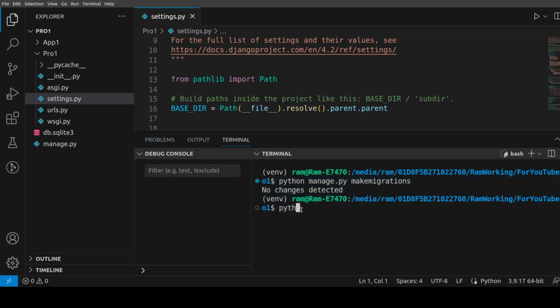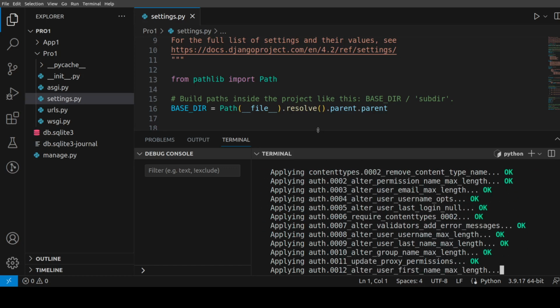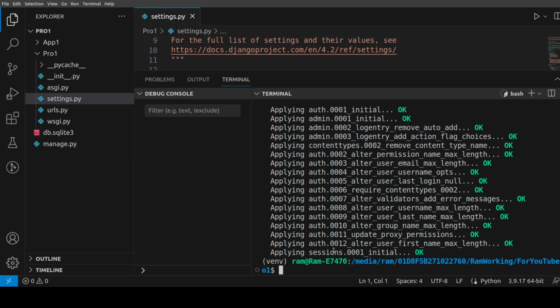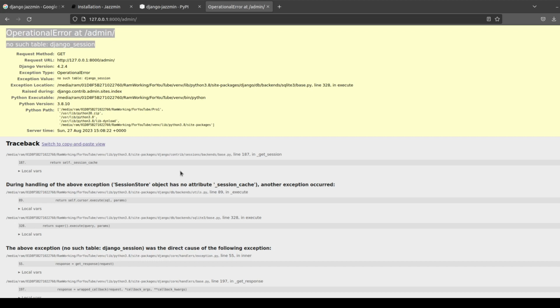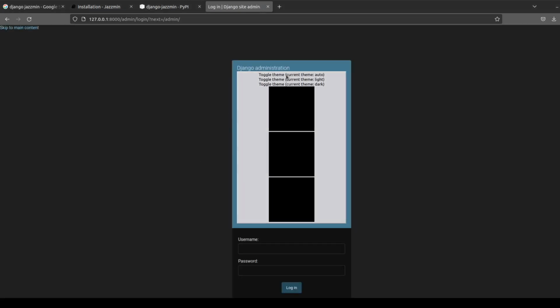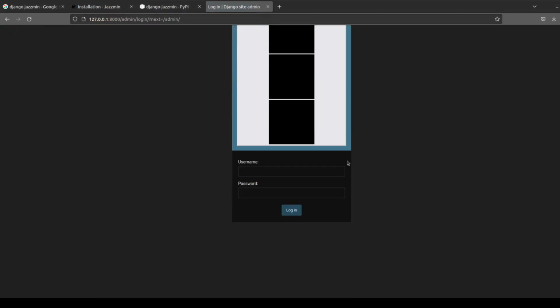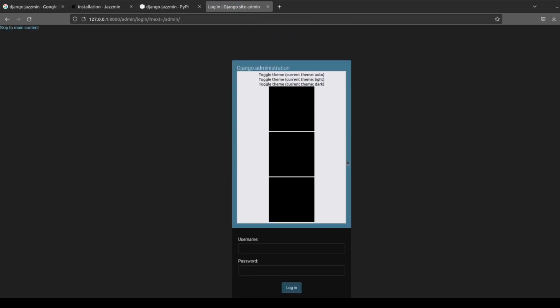So now just migrate. Okay, so it just created all the tables. Now if we refresh this, there is no problem. Okay, forget about the style customization things. It's running now, and there is no problem here. So this is the